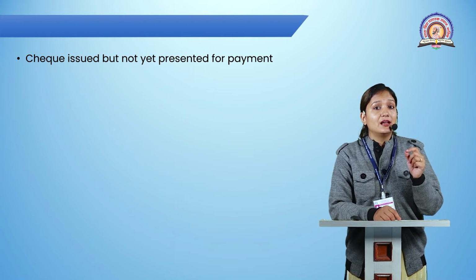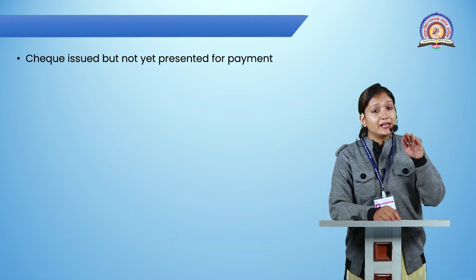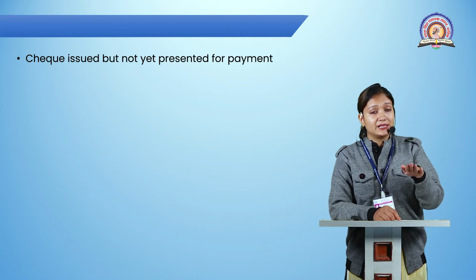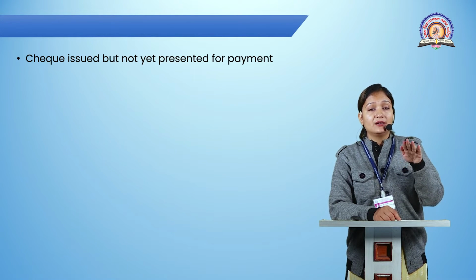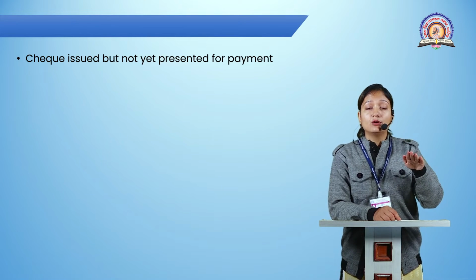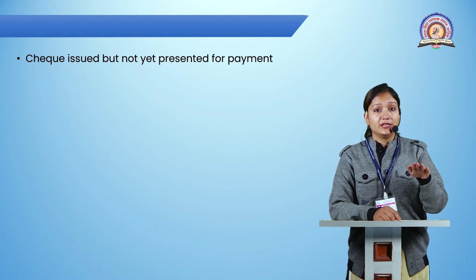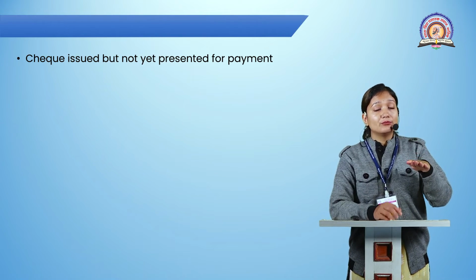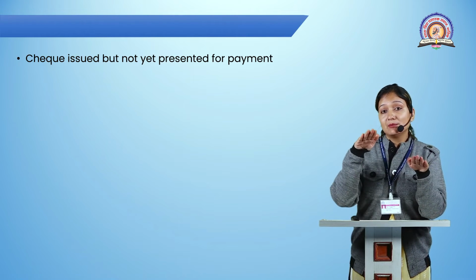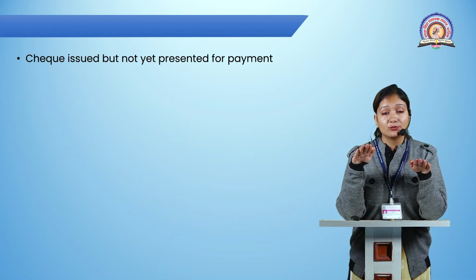So, that is the reason I have issued a check. When I'm issuing a check, my balance is getting down. For example, I have 100 rupees of balance. Now, I am issuing a check of rupees 20. So my balance is getting down, my balance is 80 rupees, but my passbook balance is 100 rupees.